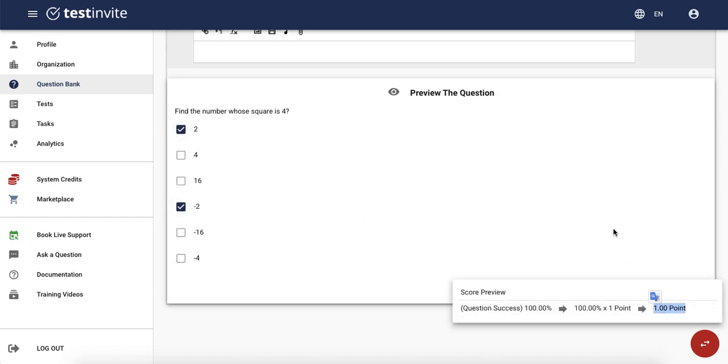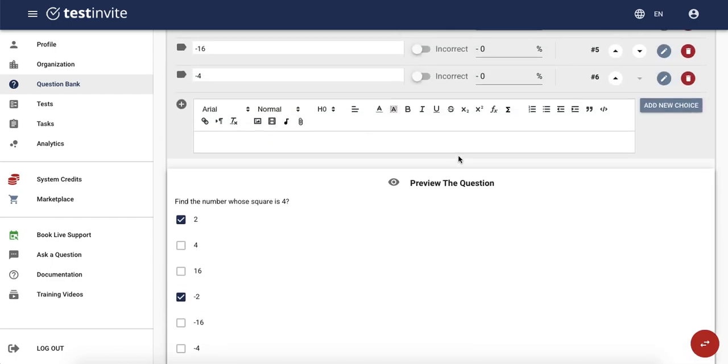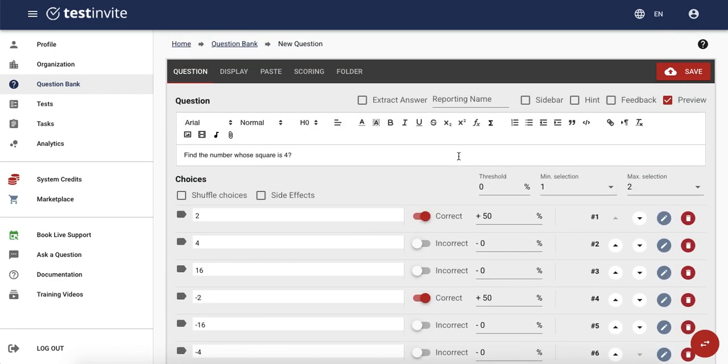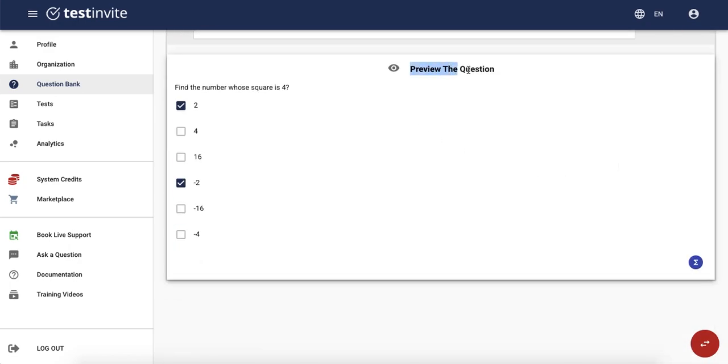More scenarios can be implemented, but I hope you got the idea. The question editor lets you create any kind of multiple choice question, from very basic to highly complex. The previewing panel allows you to test your configuration at any stage of question creation. Feel free to play with it and start creating and banking your